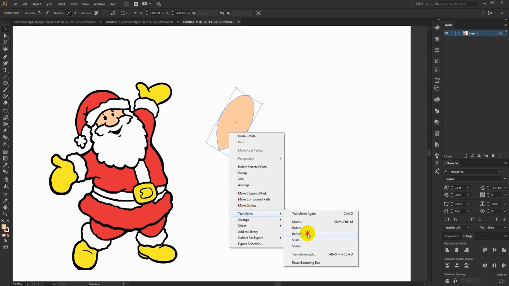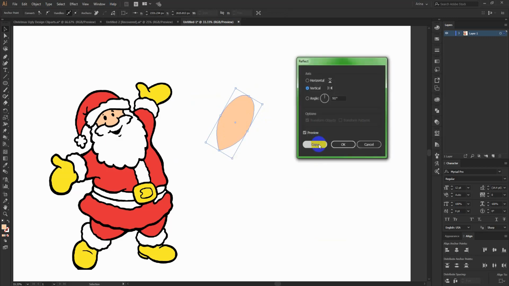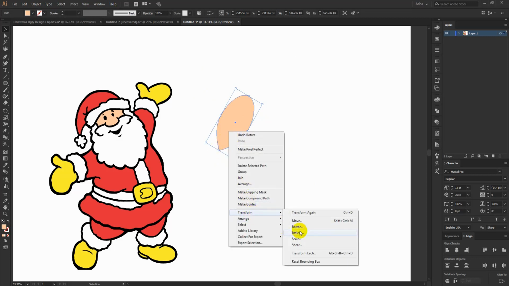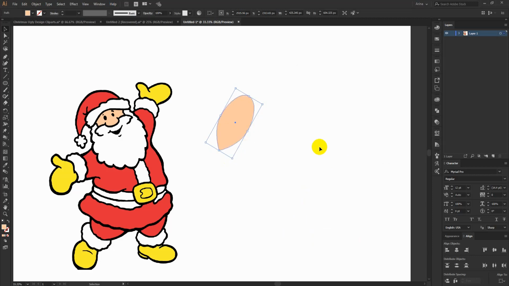Now transform and reflect. Before that, I need to make sure that I am selecting the whole object here, because I selected the direct selection tool, so it was selecting only this part. Now I am using this transform tool, making a copy of it. Now you can see I have two different copies of this shape, selecting them all, placing them like this. Now maybe I can simply